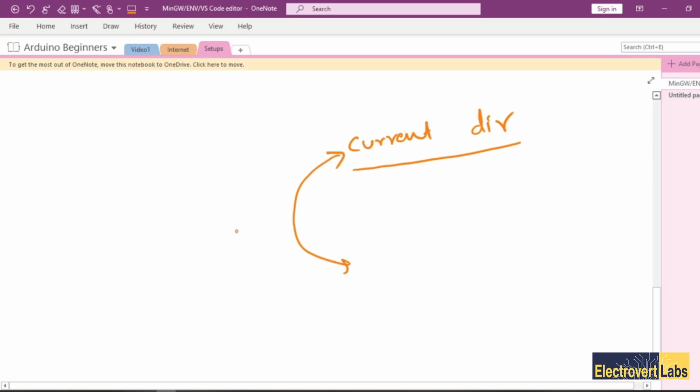One other thing is there, called path, where we add directories. If I want my computer to look into those locations also, we add those directories to the path.